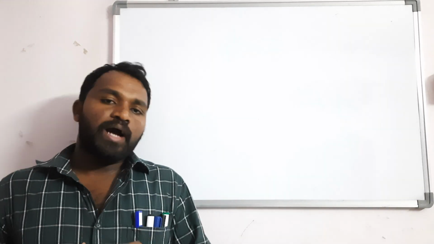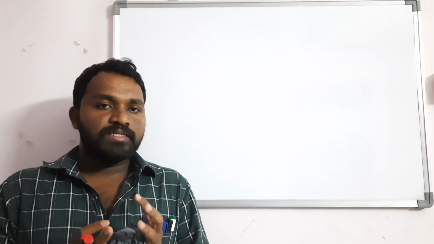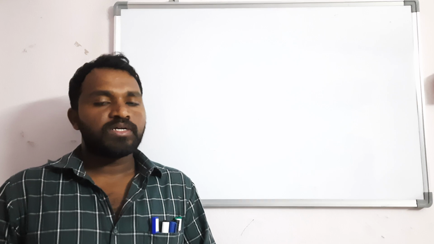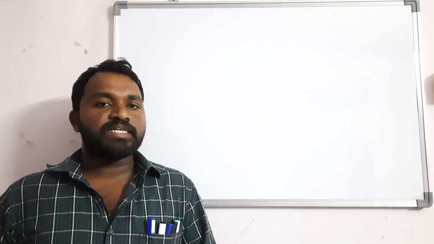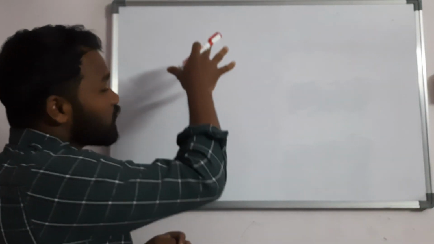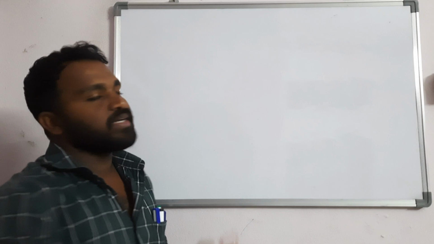So in this video, I am going to talk on main group elements. The concept is oxyacids of phosphorus. Many of the people are confused about oxyacids, right? So here I am going to explain all the phosphorus oxyacids in one chart.